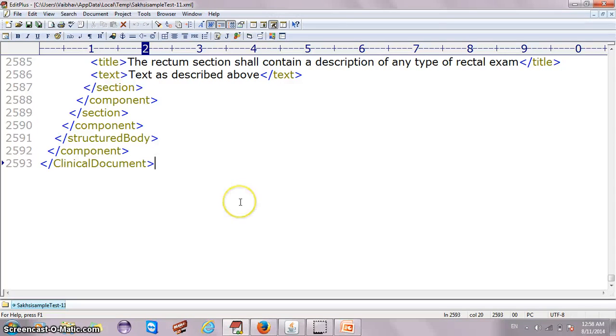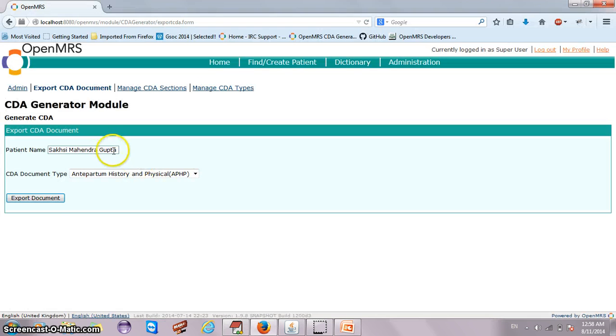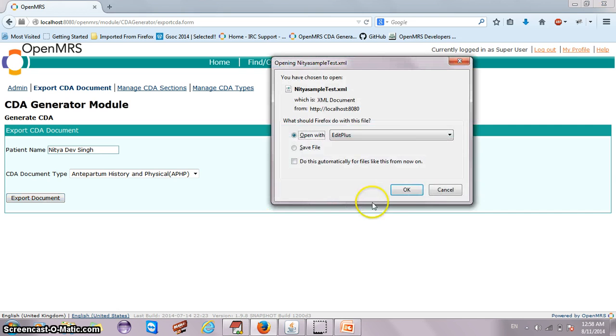So let us see how a CDA document with null observations will look like. Specify some patient and the CDA document will be APHP. Let's export. Let us open this document.